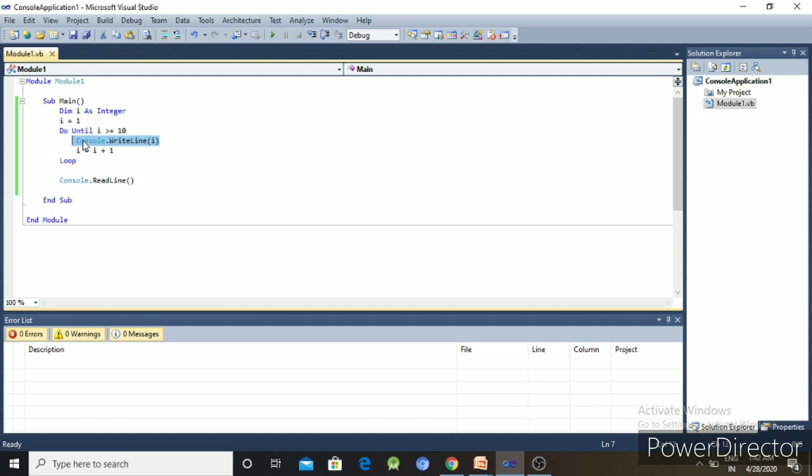So this is the difference between the three loops of while loop, do while and for loop, and the do until loop. You can solve many problems using the do until loop.